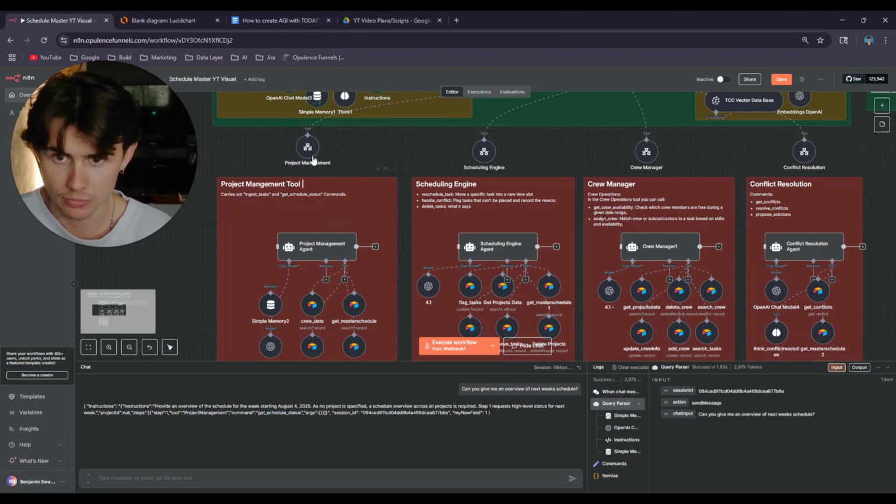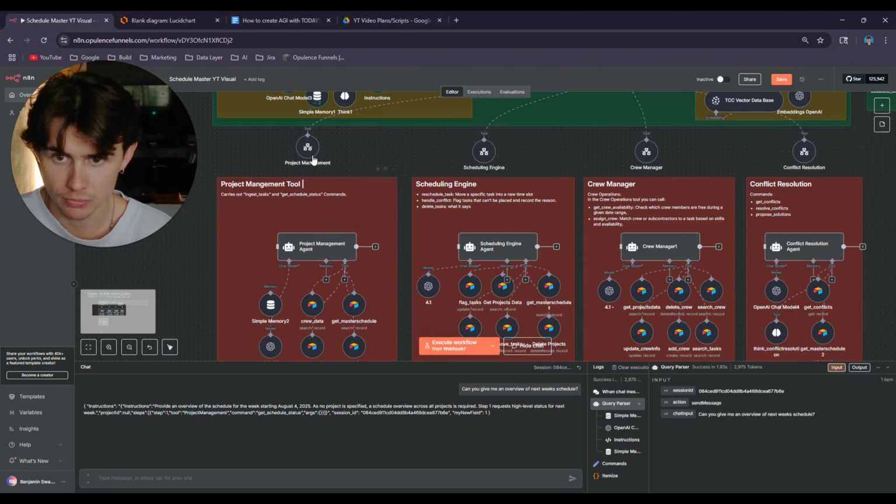So if the query parser determines that in order to solve the user's query, it needs to get a get schedule status, then simply what's going to happen is it's going to send that to the executive assistant, and it's going to say, hey, we need to get a schedule overview. So call your project management tool and then tell your project management tool the command get schedule status.